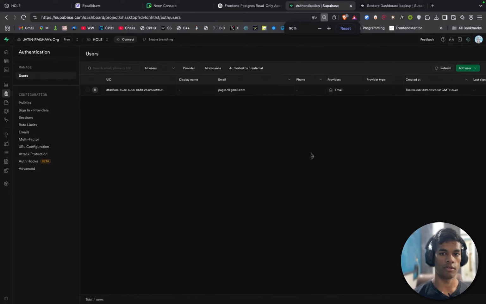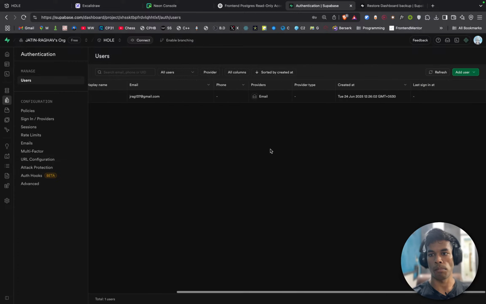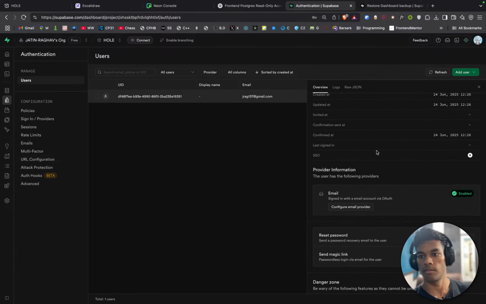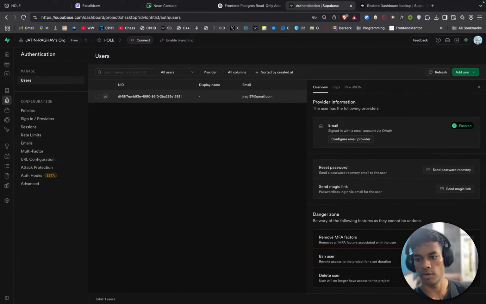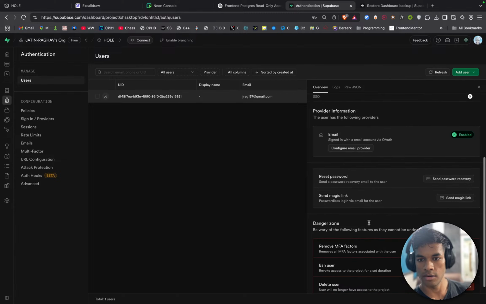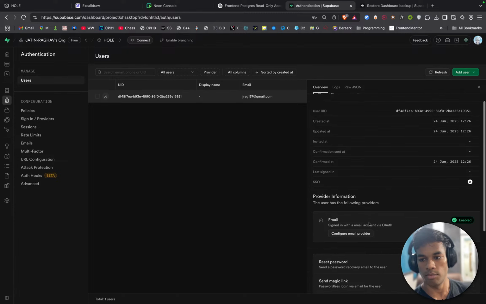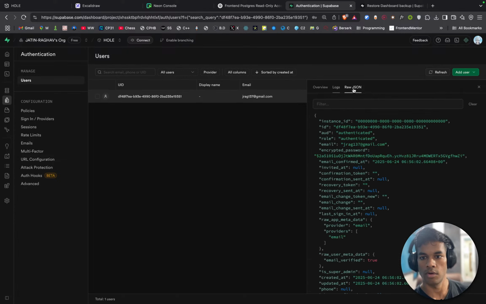Sign-in providers, sessions, connect, enable branching, feedback. I'm going to change the settings for this user. Send magic link, remove MFA factors, email, configure email provider enabled, SSO, logs, raw JSON.